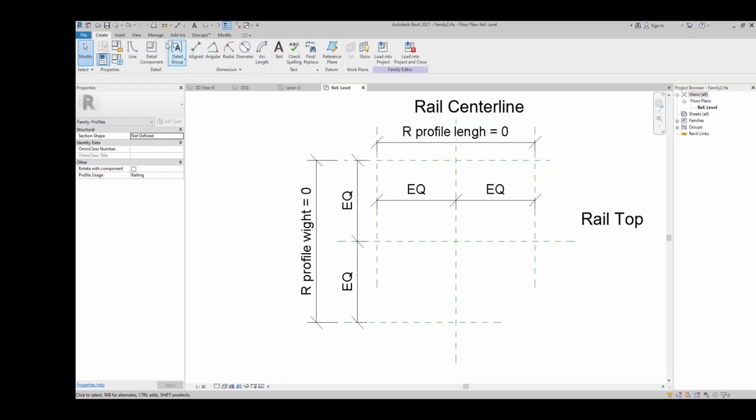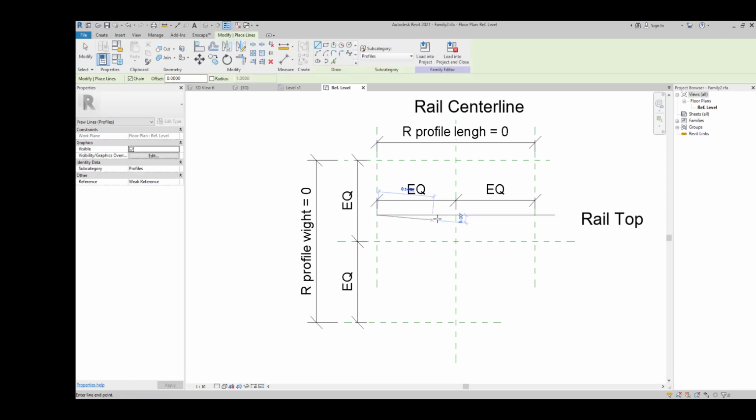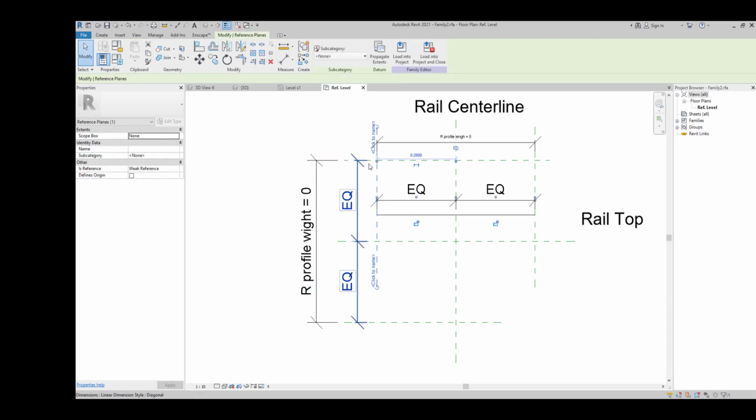I'm just going to create here model, one line here and one line here, pick my reference line, mirror,